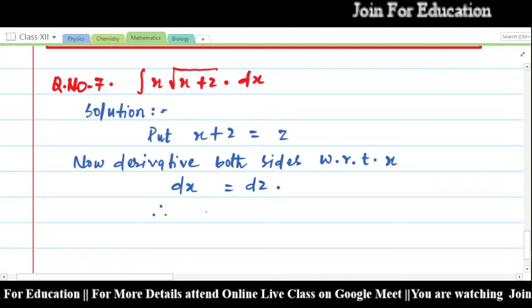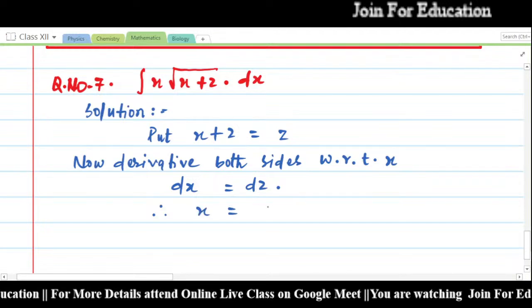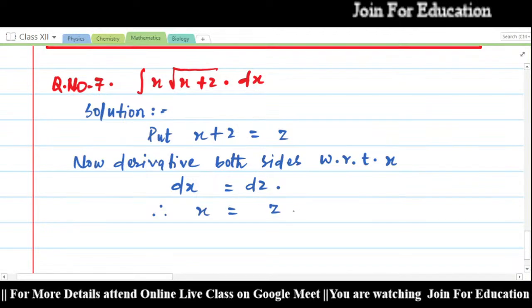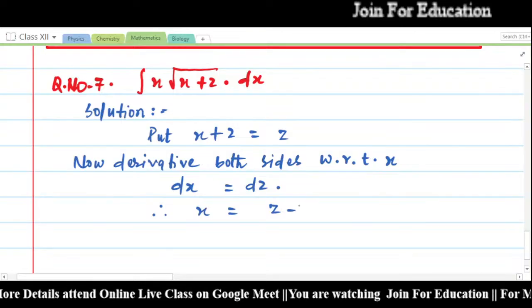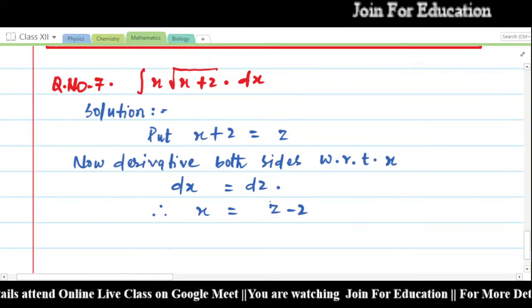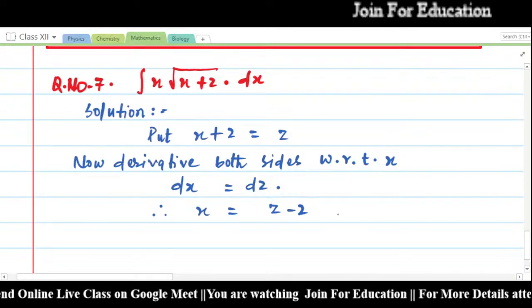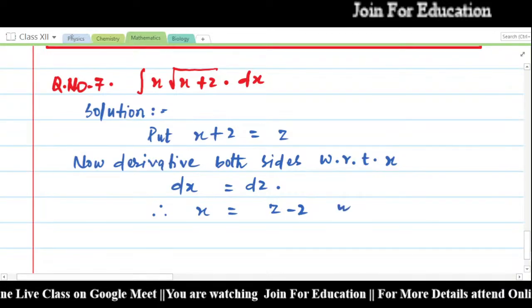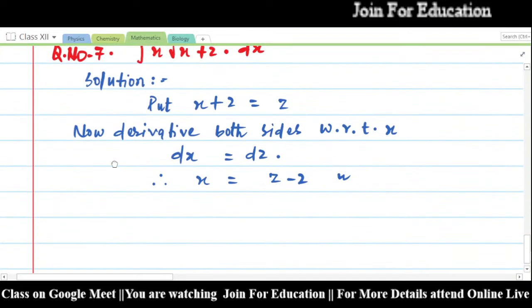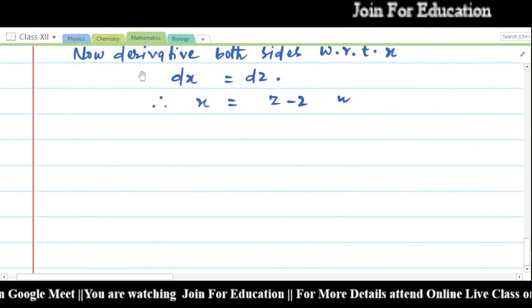So here x equals z minus 2. After that there is no problem to understand up to this step. Let's see the form of the question here will be